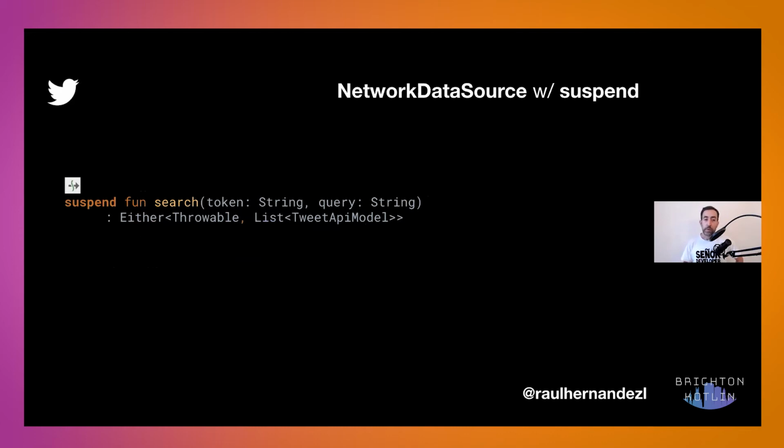And I will return those values with an operator called Either. Either comes from the Arrow library, which is a functional programming library. On the left side of this Either operator, I have any problem, let's say a throwable or an exception. And on the right side, the successful result. That means a list of tweets that I'm expecting to have. Either is actually very similar to Kotlin's Result. So if you're familiar with Result, this is essentially the same.